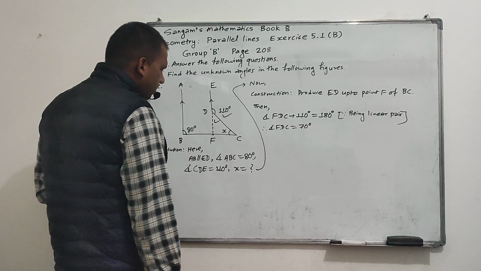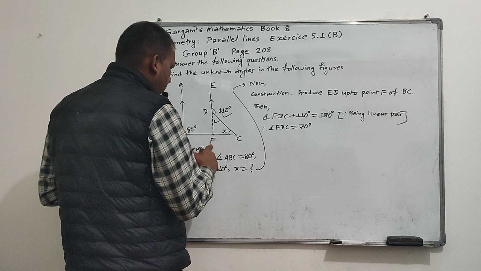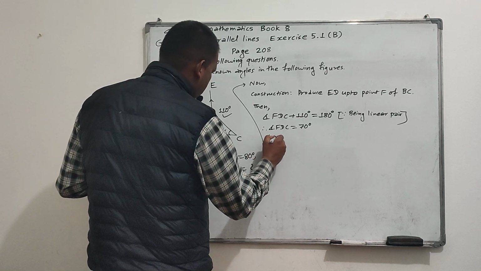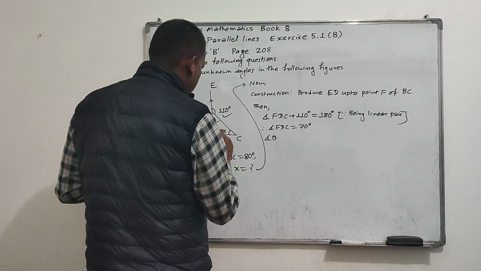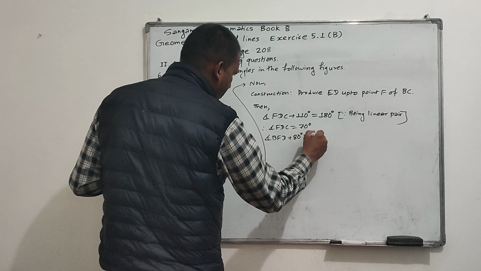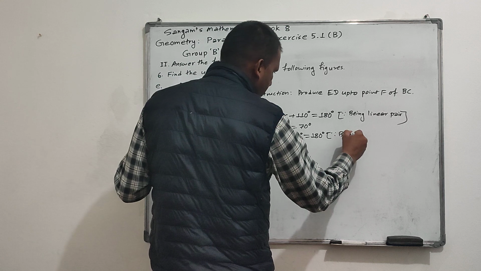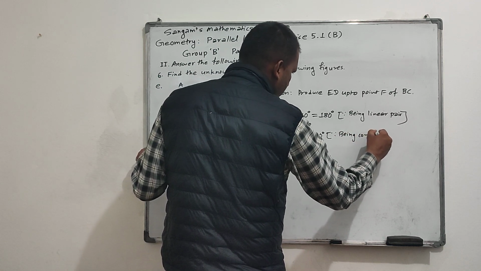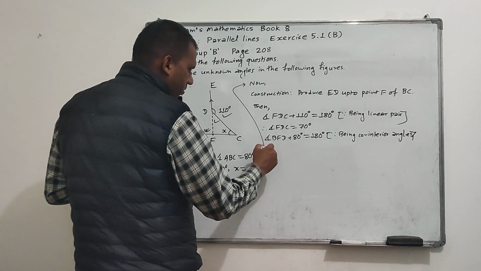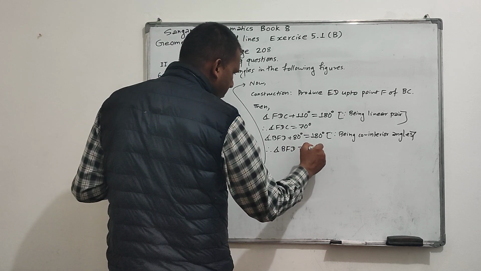After this, angle BFD plus 80. Angle BFD, this angle and 80 degree, are co-interior angles. Angle BFD plus 80 degree equal to 180 degree, because being co-interior angles. Therefore, angle BFD equal to 180 minus 80, 100 degree,